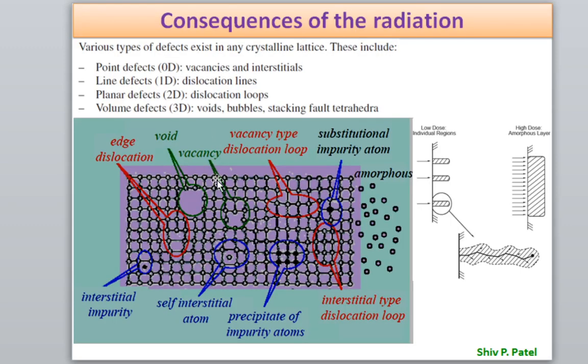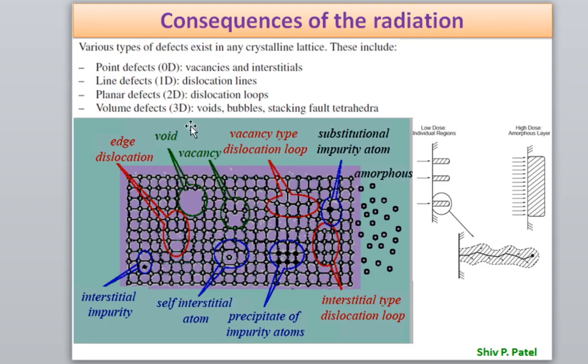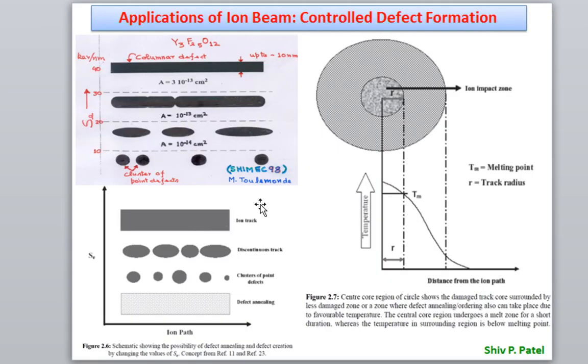This is by low energy ion beam, or sometimes with high energy ion beam we can also observe columnar defects. But if you are using a high energy ion beam, one can create controlled defect formation within the materials depending upon the energy. So point defects, and these columnar defects, can be created. Defect annealing may also be done. What I am showing here is for when the energy of the ion is low, that is Sn is dominating, and this is when the energy of the ion is very high, that is Se is dominating.